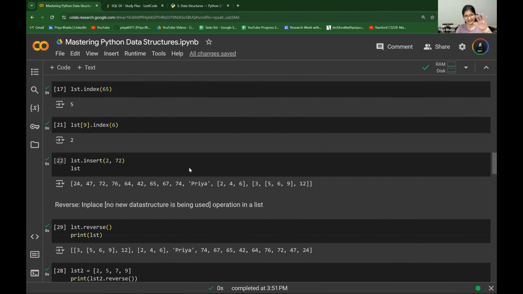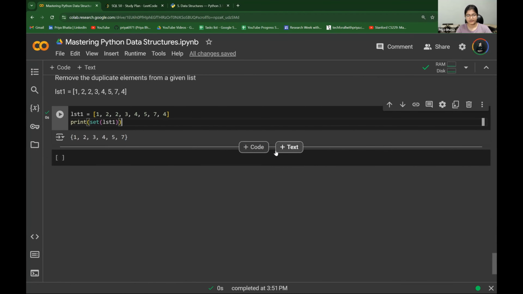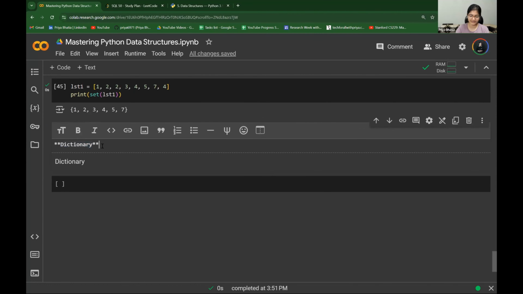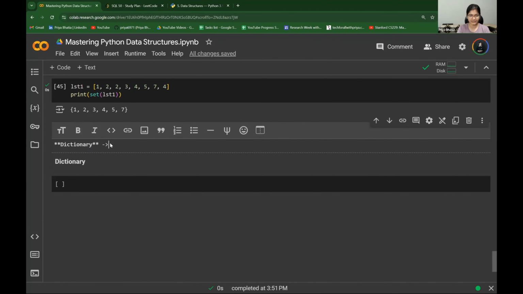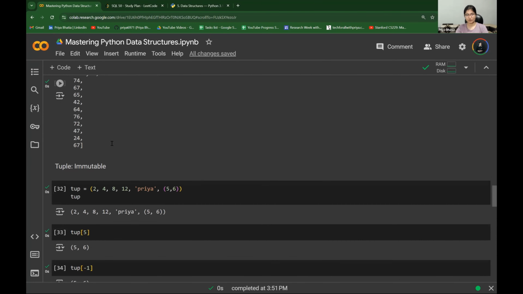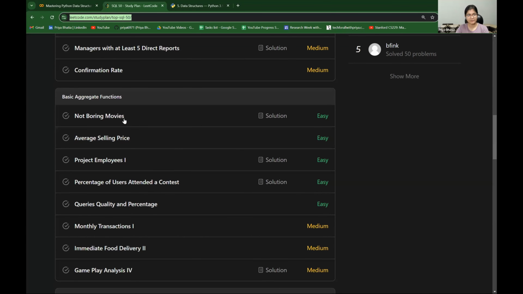So with this, let's take a pause, and we will continue our discussion with respect to the next data structure, which is dictionary, in tomorrow's class. We will start our discussion of dictionaries in the next session, where we will talk in depth about what a dictionary is, see the implementation, and explore how the internal working comes up. So let's take a pause over here and just open the SQL platform and